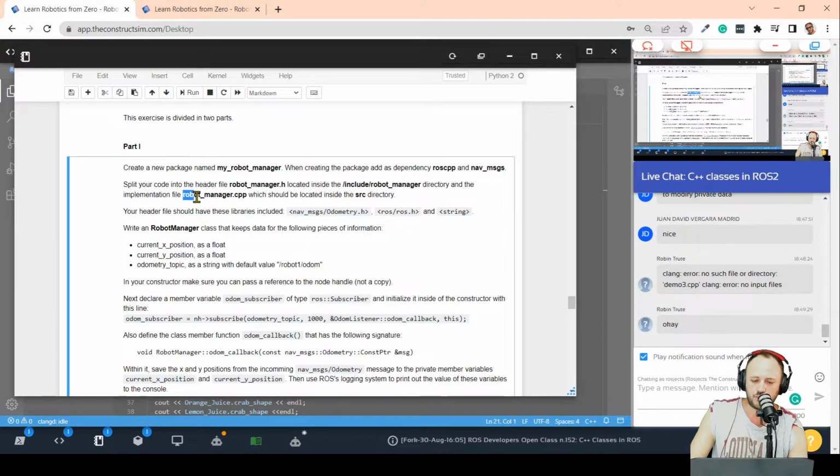And we are going to create a source file named robotmanager.cpp. Okay? This is the recommended way of implementing a class when working with ROS. Generally it's going to be divided into 3 files. The header file, which contains the class definition, the source file, which contains the class implementation, and finally,